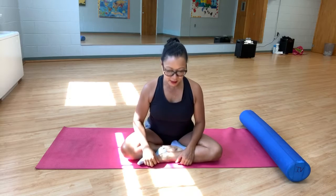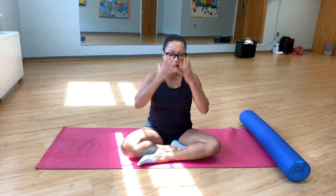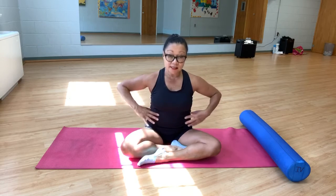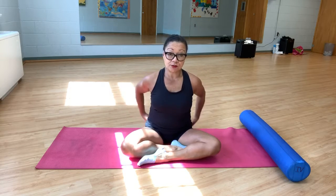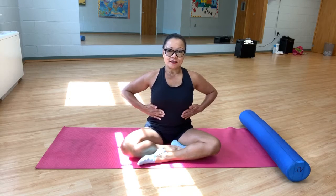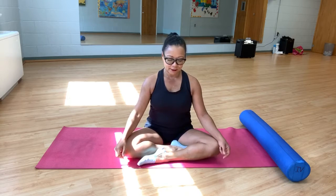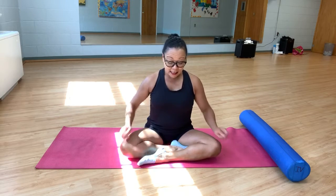Take a deep breath in through the nose and begin to exhale, closing the ribs down. Take a couple of deep breaths to really focus and to identify your abdominals. As you inhale, inflate. And as you exhale, maximize that abdominal effort. Inhale. And as you exhale,